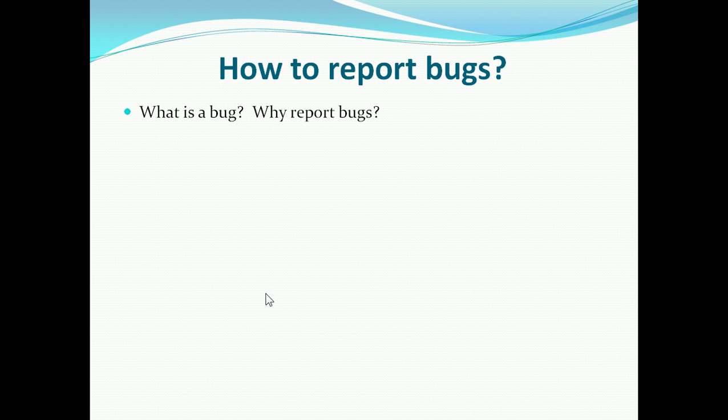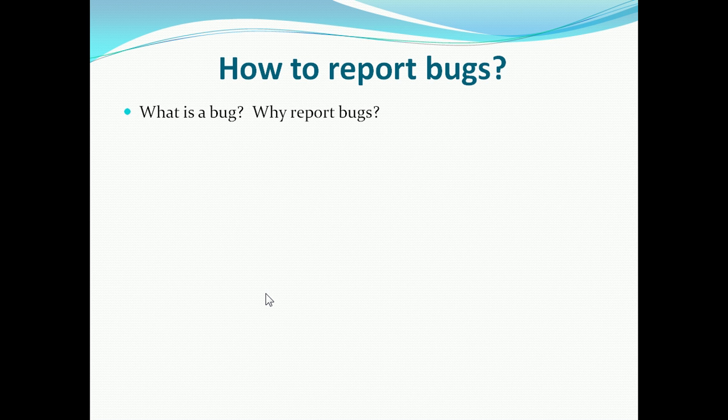First of all, we have to understand what is a bug. Well, put simply, a bug is a condition where the system does not satisfy a particular requirement. So let us say that the system was supposed to show the user details when the user is logged in, but it is not showing the user details. Instead of showing the user details, it just shows a blank page with the user name. So that is an example of a bug in the system.